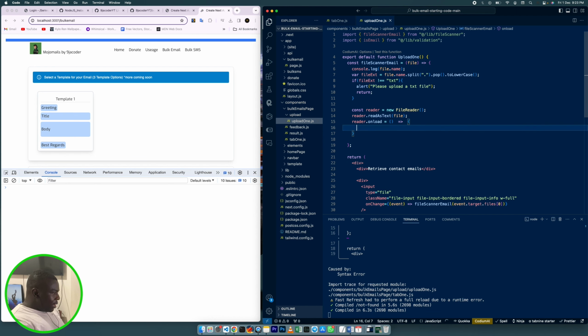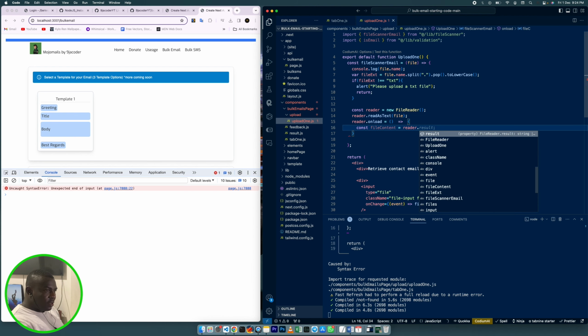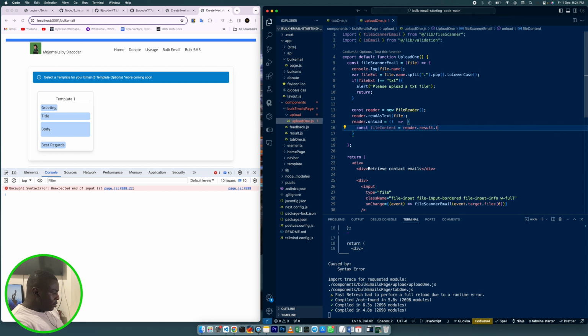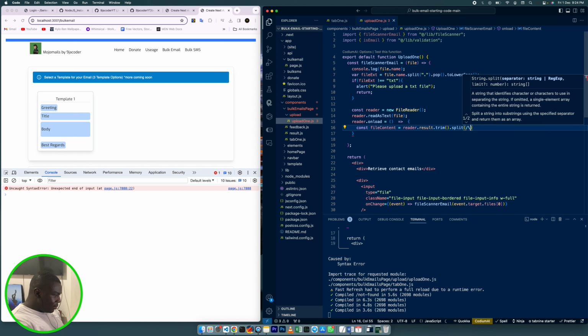Okay, so in here, we now want to execute our function of reading the content of the file. So we're going to say const fileContent equals reader.result.trim().split, and we're going to split it. We're going to say slash